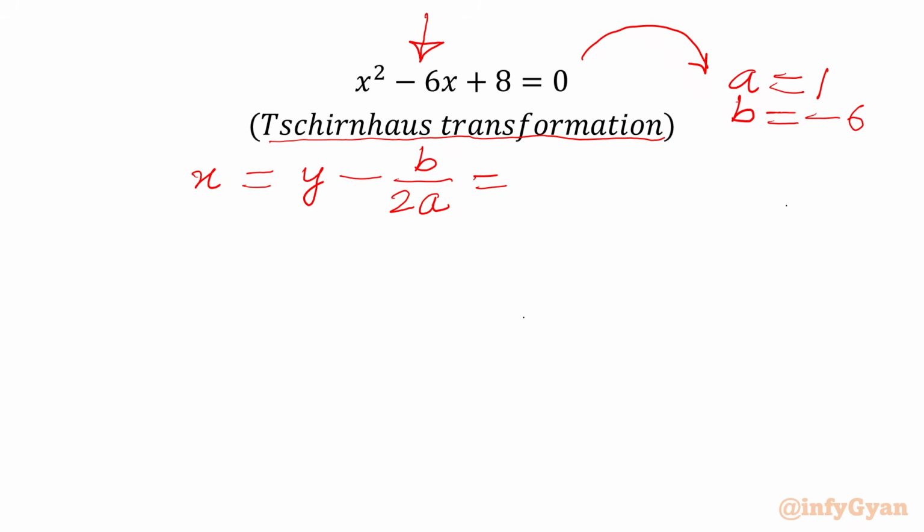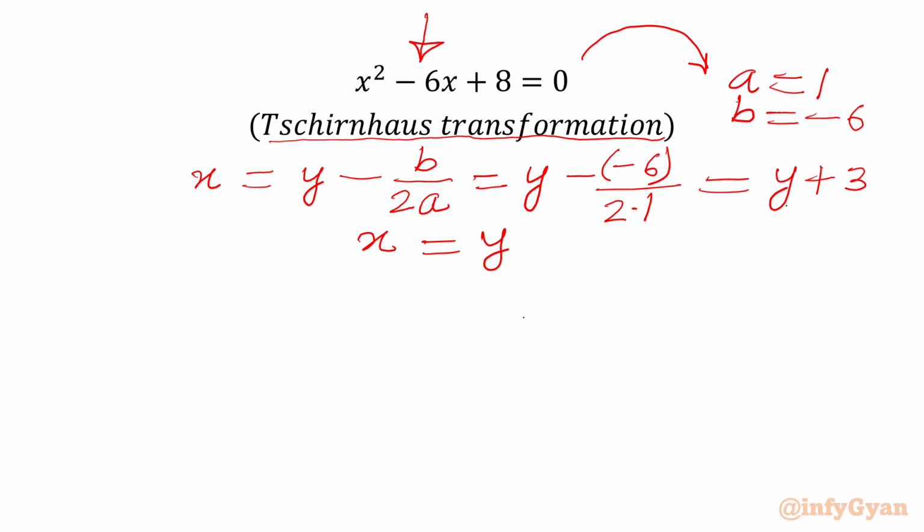So we will get substitution x equal to y minus (minus 6) over 2 times 1, which will give us y plus 3. So we have substitution x equal to y plus 3, which we are going to apply to our